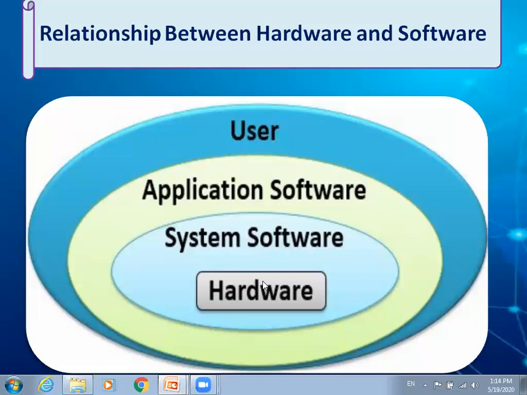If you do not have any operating system like Windows on your computer, and I ask you to install application software like Microsoft Word, you can't, because first you must install an operating system. After installing the operating system, you can install the application software. Remember that system software provides a connection between the user, the application software and the hardware. Without system software, you cannot install application software. So the user must install software if they want to use the computer hardware.